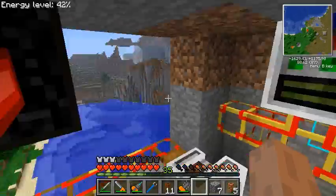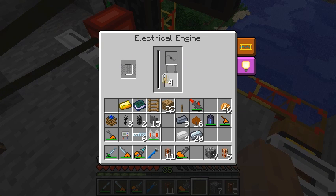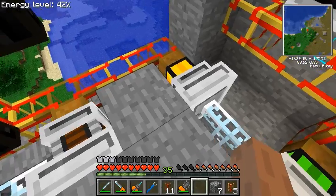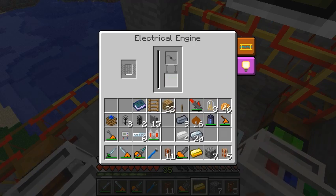Okay, that's pretty cool. So now, though, what I think I can do is put a bronze electron tube into this to increase its output. Is that where that goes? Yeah. Or will that just accept anything? Can I put a gold bar in there? Okay, yeah, so that...